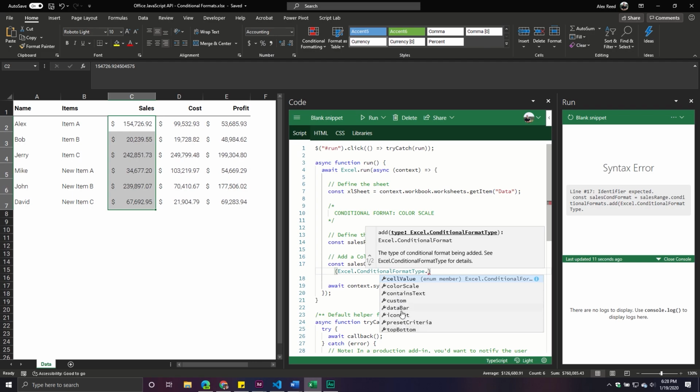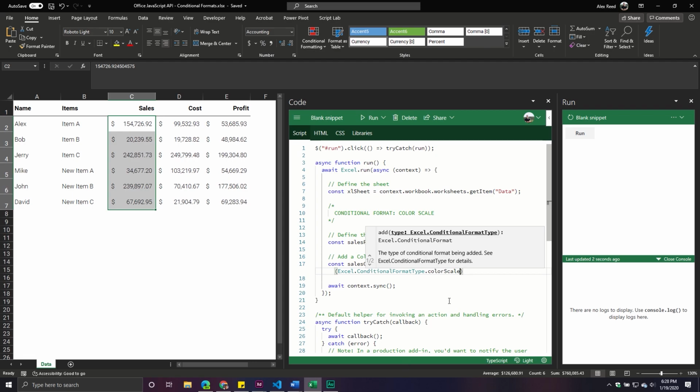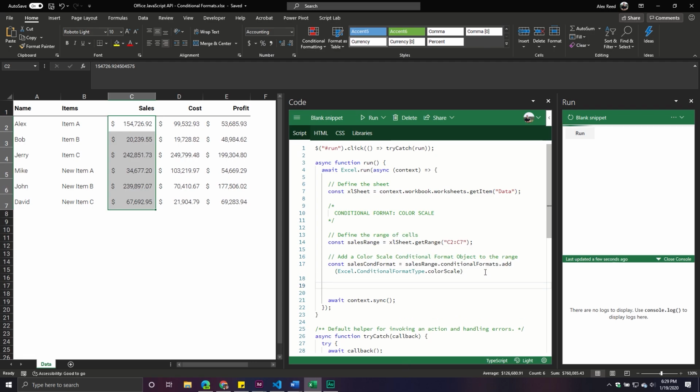Now, you might see more here than what you're seeing from that dropdown. That's because contain text is actually kind of its own special one, but it's actually under the cell value one. Now, in my case, I want color scale, so I'm going to define a new color scale one. And then now that I have my particular conditional format object, we go to the next portion, which is